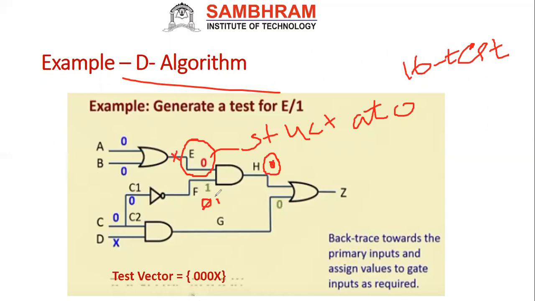Instead of that, I kept stuck at 0, right? Now what I will do, assume this is 1. Now if I make this 1, what will happen? So this will be like a 0. I'm applying value 1 now, so I will get a 0. Even this also will be 0. Then the output will be 0, if it is stuck at 1.